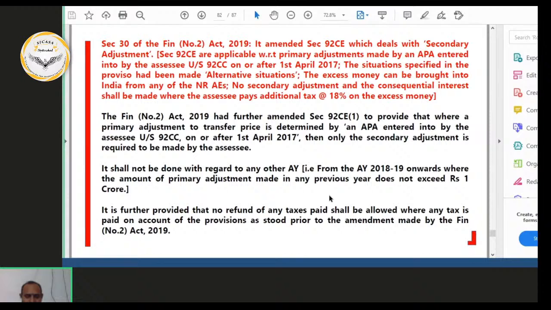Right. 92 CE, secondary adjustment. Okay. The secondary adjustment, earlier there is a small mistake that has been rectified now. There is interpretational issue that has been rectified. And one more thing, what they have done is, they made it very clear that it is applicable only from the assessment year 1819 onwards, and it is applicable only if